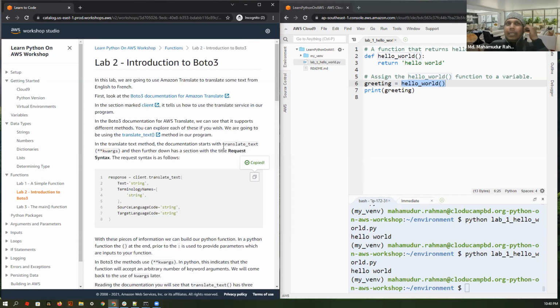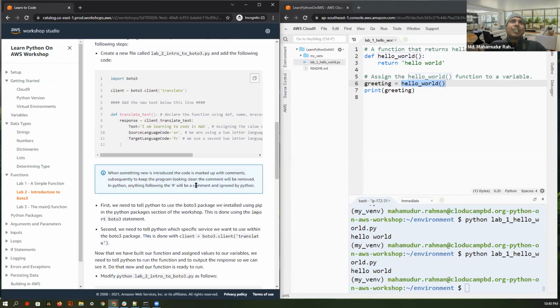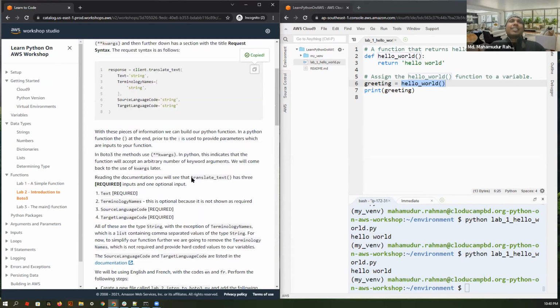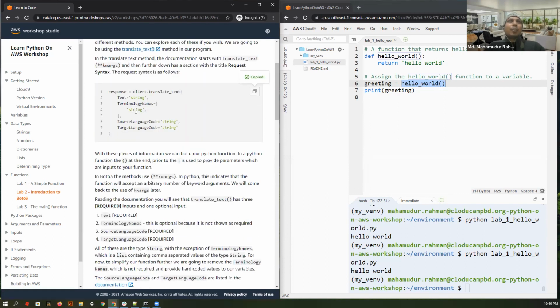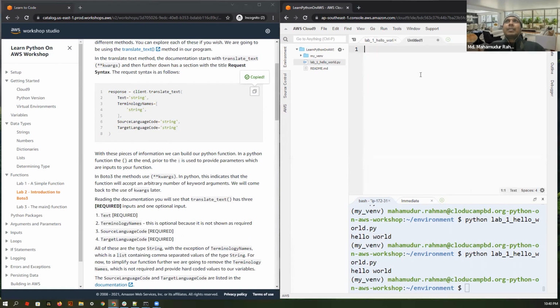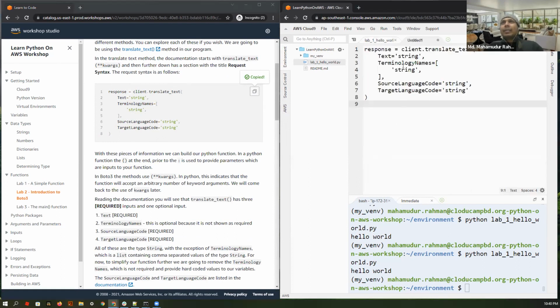So actually for Boto 3, if you want to understand, you have to read all these. Otherwise, I cannot actually make you understand all the things only by talking, because you have to read some of the things here. So I'll try to give you some detail here also. So let us copy this code and paste the code into another file. All right, we created an untitled file, we didn't save it. So